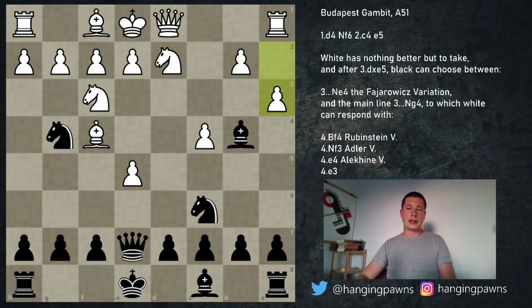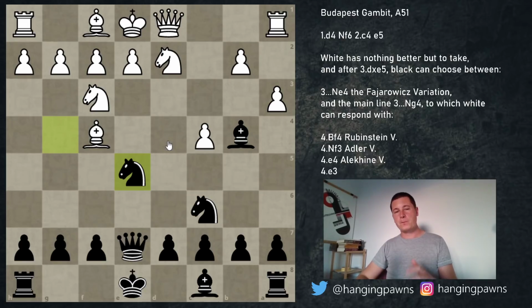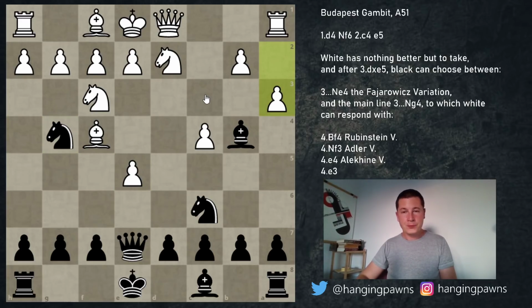Okay, in this position, Black's most theoretical move is knight g takes e5. Now, what can White do? Well, this bishop is hanging. Why isn't Black moving the bishop back? You may be wondering. Well, in this position, the bishop actually doesn't have to go back because you can gain